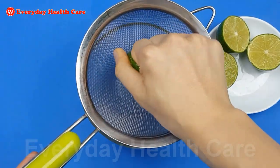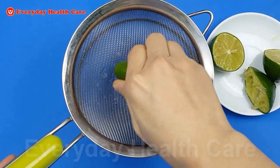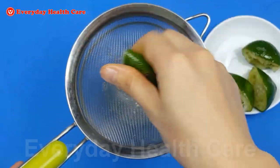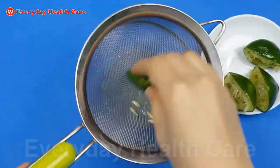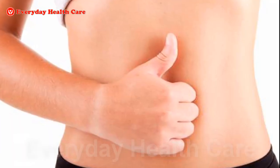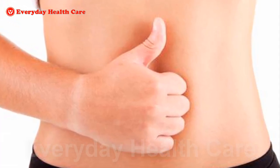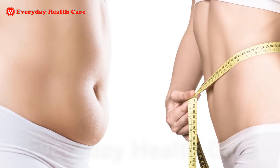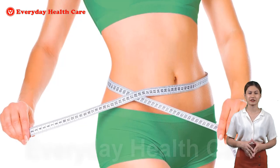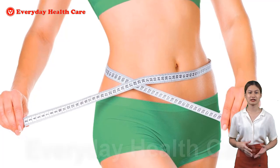Vitamin C in lemon and lime helps fight obesity-related inflammation, increases fat breakdown, and prevents your body from converting glucose to fat. Apart from this, they help keep your digestive system healthy and remove toxins from your body, which may otherwise build up and cause more weight gain. A good digestive system and a toxin-free body are indispensable when it comes to losing weight and reducing the fat